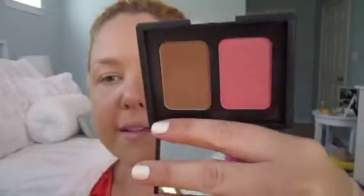I'm using my NARS. This is the Duo and the Orgasm Blush and Laguna Bronzer. So I'm going in with that same fluffy brush to the bronzer, and I'm gonna kind of contour, but not really. I'm not trying to chisel out any cheekbones or anything, but I'm just trying to add a little bit of color. So anywhere the sun would naturally hit you, and I'm definitely using it just kind of wherever, because when you're on vacation or in the sun, it kind of hits you everywhere. So down the neck,